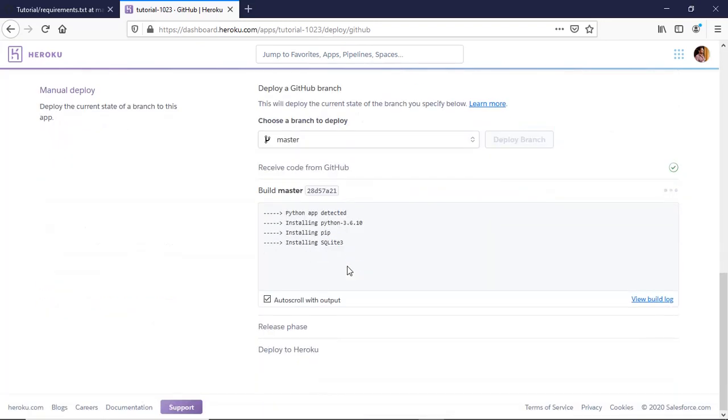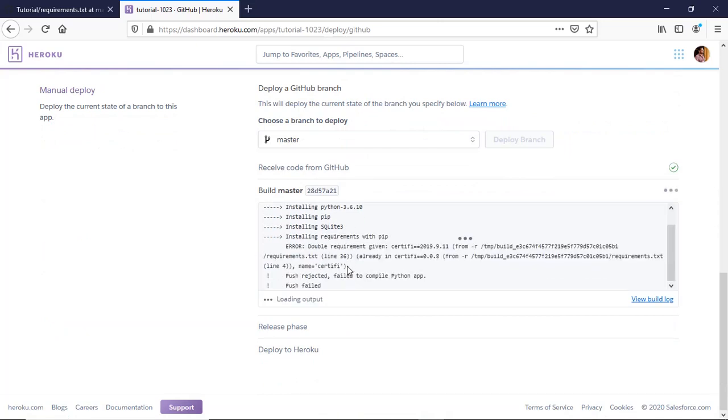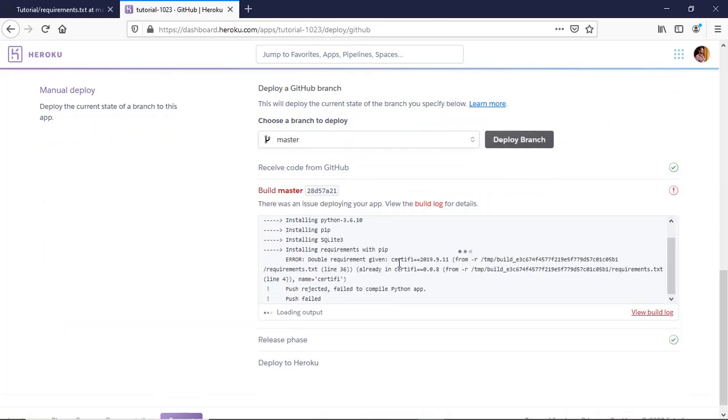I think this time a double requirement is given. Okay, now you can see there's some problem in certifi.